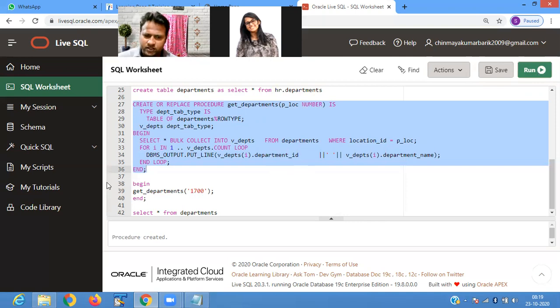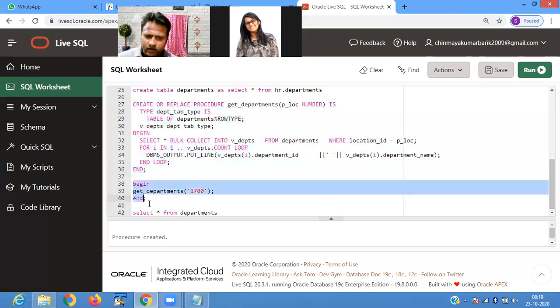The procedure is created. Now we get the information by passing 1700.